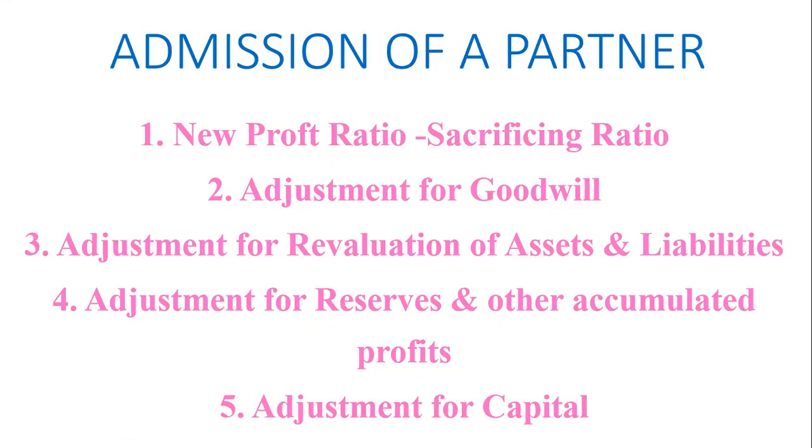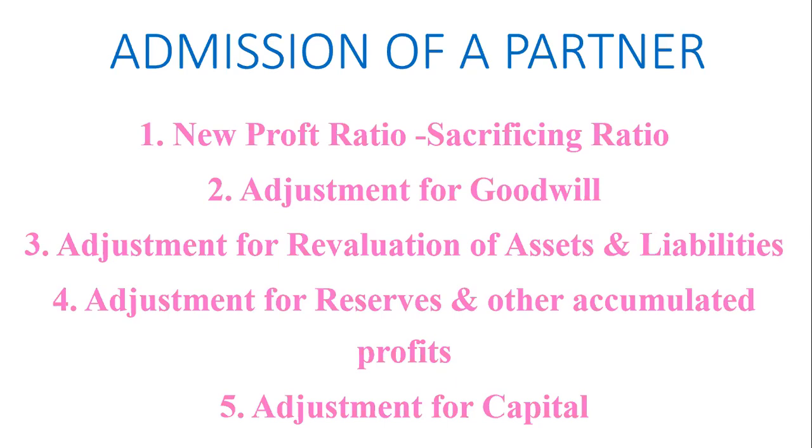Actually, a partnership is a firm constituted with two or more persons, and the maximum number of persons is usually 50. But in the initial stage, the partnership firm can be constituted with two to three persons. In the later period, in the course of expansion of the business, there may be an additional requirement of a new partner into the firm. In that case, with the agreement of the existing partners, a new partner will be admitted into the firm, and the existing partners will agree to share their profits with the new partner for the capital brought in by the new partner.